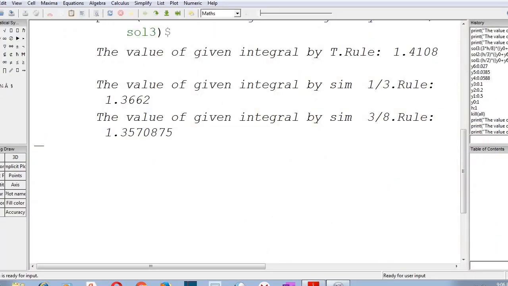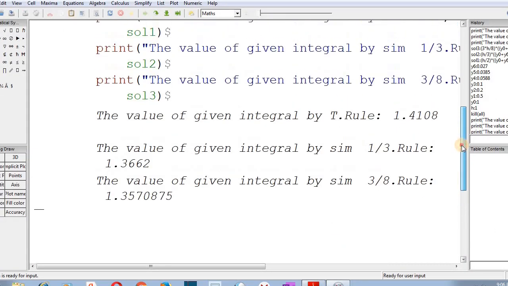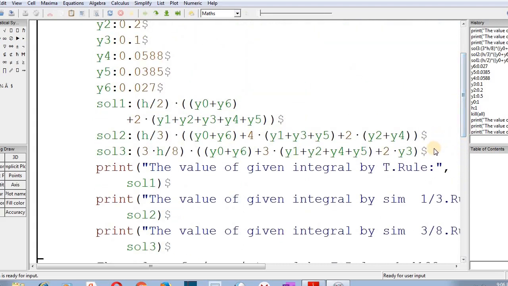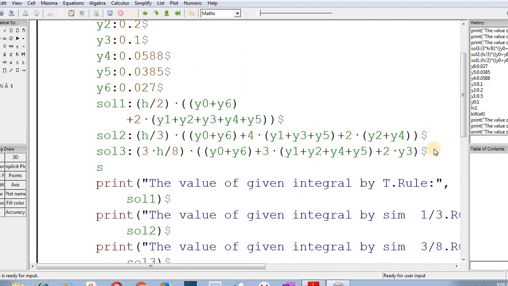Now I will go for the fourth solution. Everything is similar, only I have to write solution 4. Same, 3h by 10 will be there in a bracket, 3 star h by 10, and in the other bracket I have to make one more bracket, and one is common. y0 plus 5 times y1 plus 6 times y2